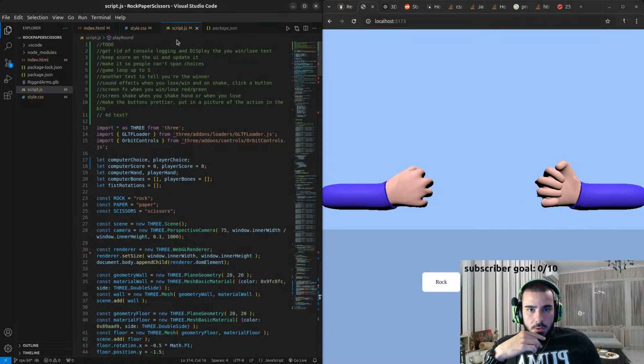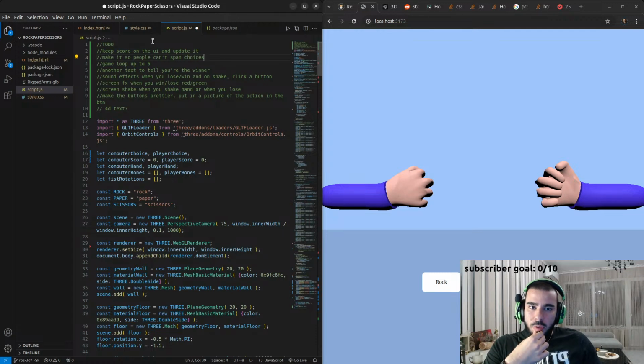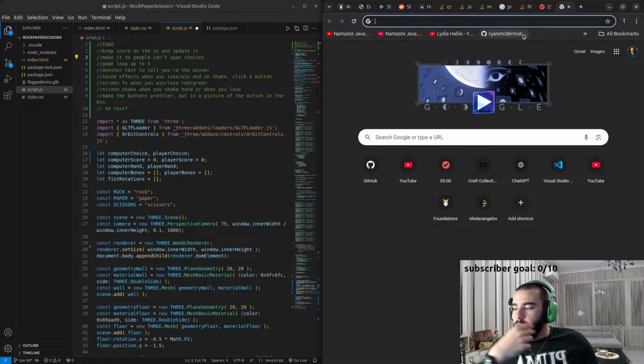So this first step, although it's ugly, we've done it, so it displays text on the screen. So now keep score on the UI and update it, and probably, I'm not sure if we should use a library or we just download a star SVG, because